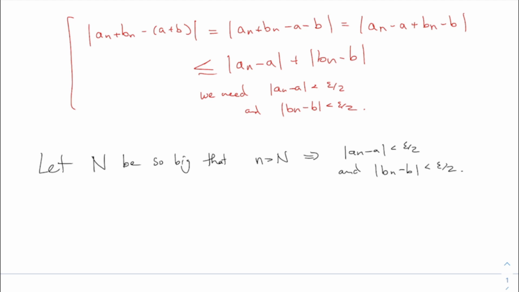All right? Because a_n converges to a, there is some N that makes that as small as you want. And so in particular, we can make it less than epsilon over 2. And we can even make N big enough so that both of these things are less than epsilon over 2, because they both converge. I mean, a_n converges to a and b_n converges to b. All right? And now, from here, we can just proceed with the proof as we usually would to finish it off. So I say, then, if n greater than N, we have